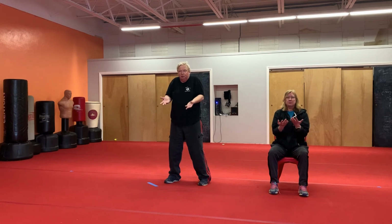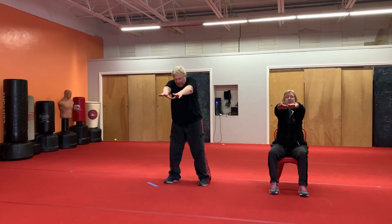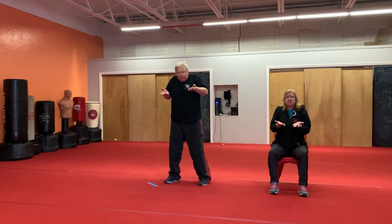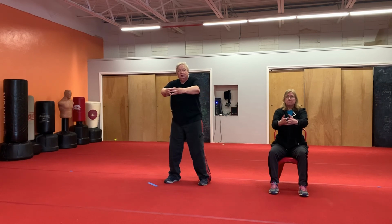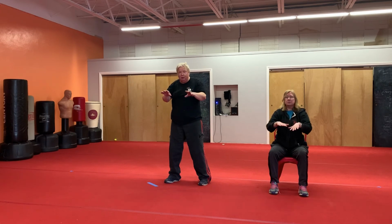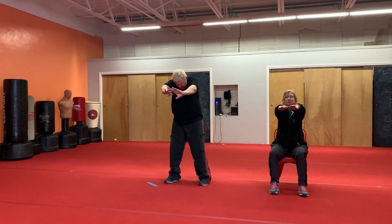Palms up, shoulders up, elbows back. Snowplow. Thumbs together, reach, zombie. 2 more to go, and we're done. Back, palms up, shoulders up, elbows back. Snow plow. Thumbs together, reach. Flat, last one. Palms up, shoulders up, elbows back. Snow plow. Thumbs together, reach. Hands out to the side